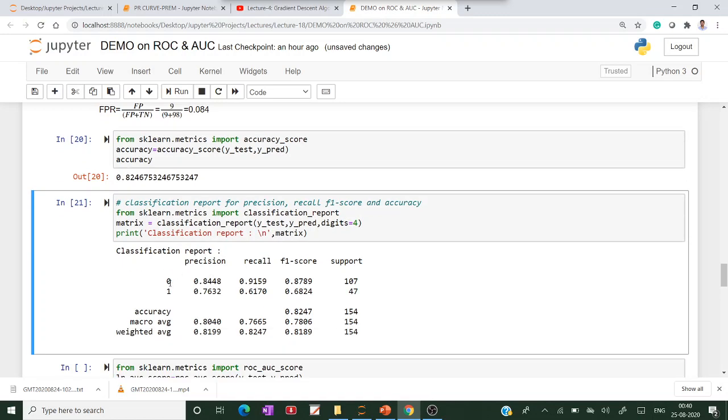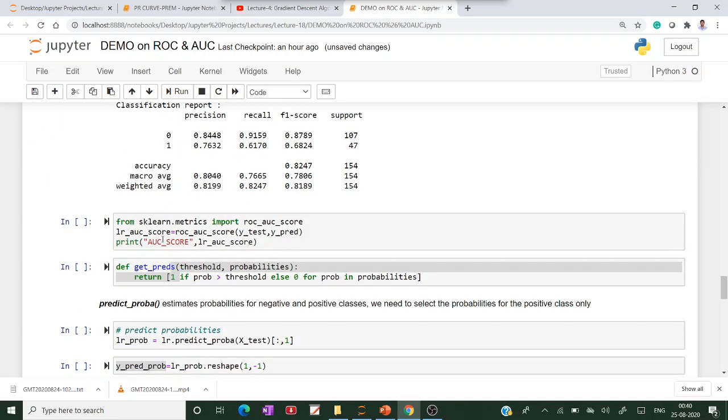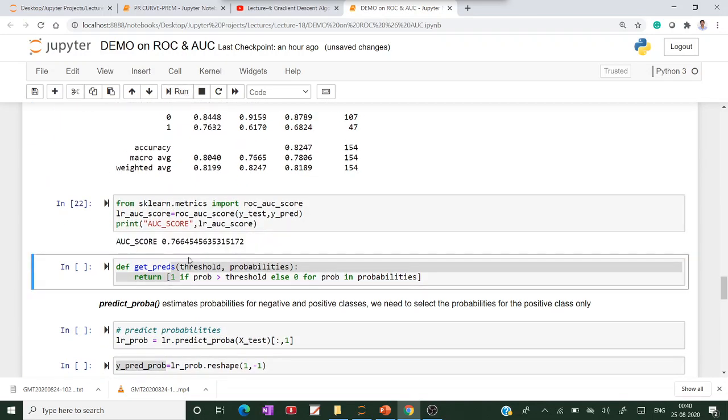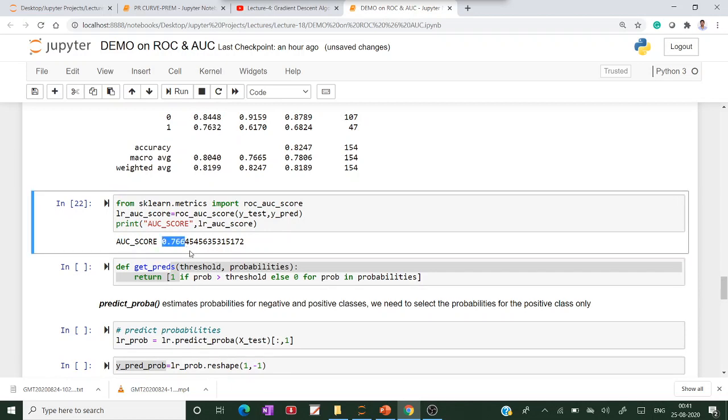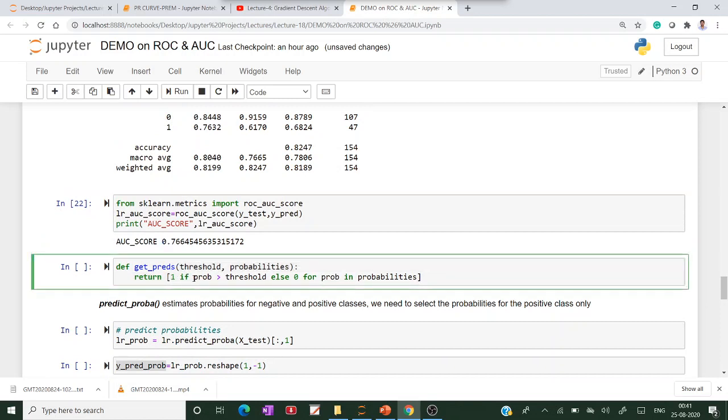Here there is a binary class, 0 and 1, and this is the accuracy, 82.46, and this is my AUC value, 0.766.